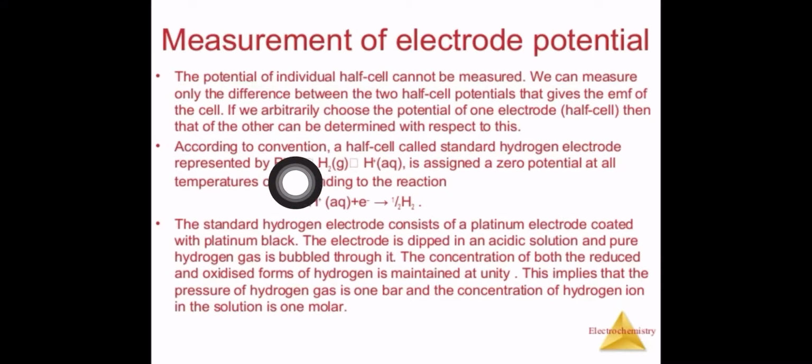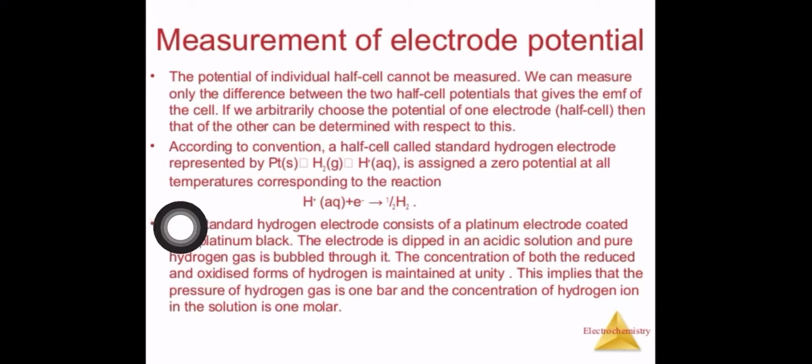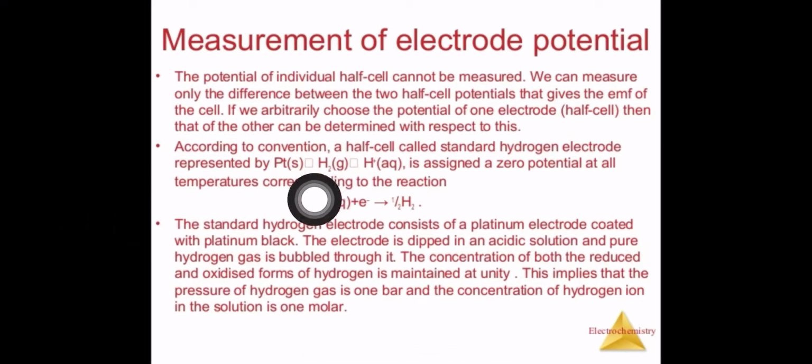Okay, so platinum will be used as an electrode, and the solution in which this electrode is dipped, in that we are supposed to pass hydrogen gas. And when we do this, hydrogen ions will be formed. And in this case, the potential will be 0. Okay, that is, H+ aqueous plus 1 electron will give half H2. This equation you already know.